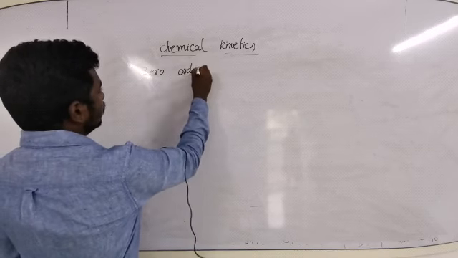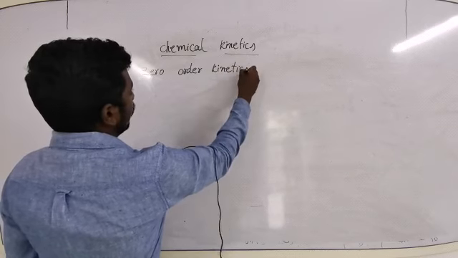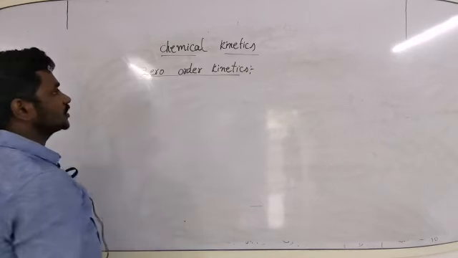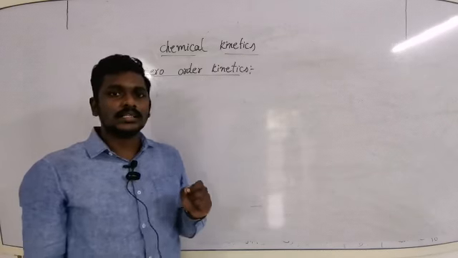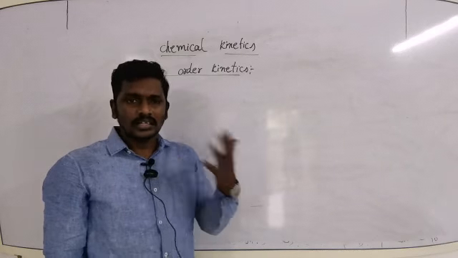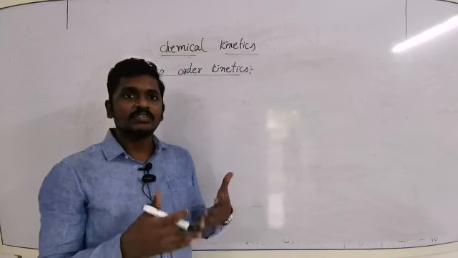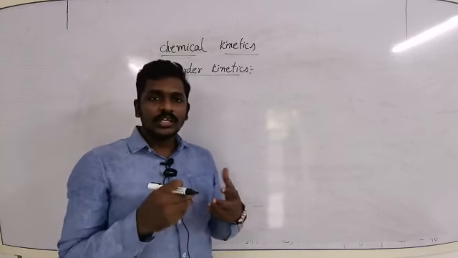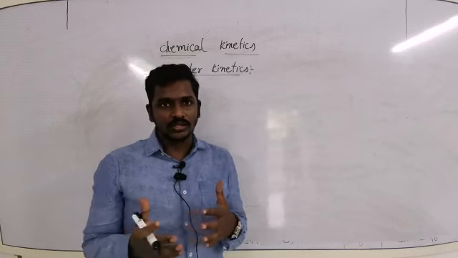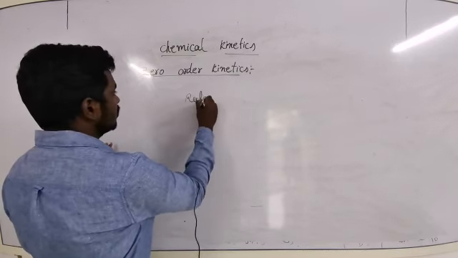So, we are often interested in chemical reactions and how a chemical reaction progresses. When it comes to the progress of a chemical reaction, the important task is the speed of the reaction or the time taken by it. If a chemical reaction takes less time, it is a faster reaction. If it takes more time, it is a slow reaction. Whether it is fast or slow depends completely on the concentration of reactants.